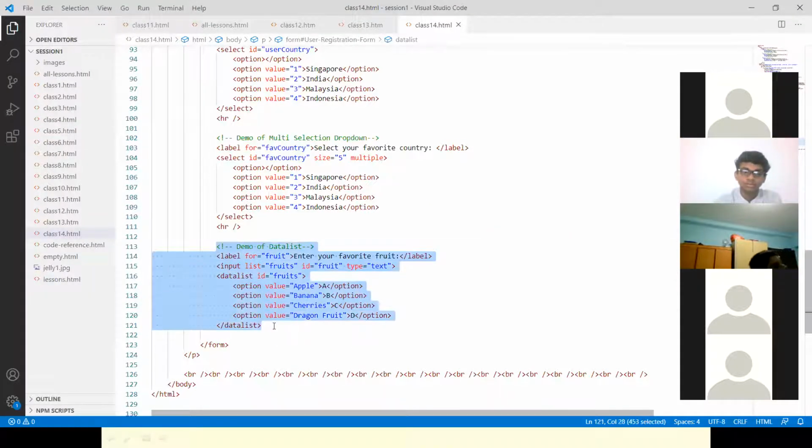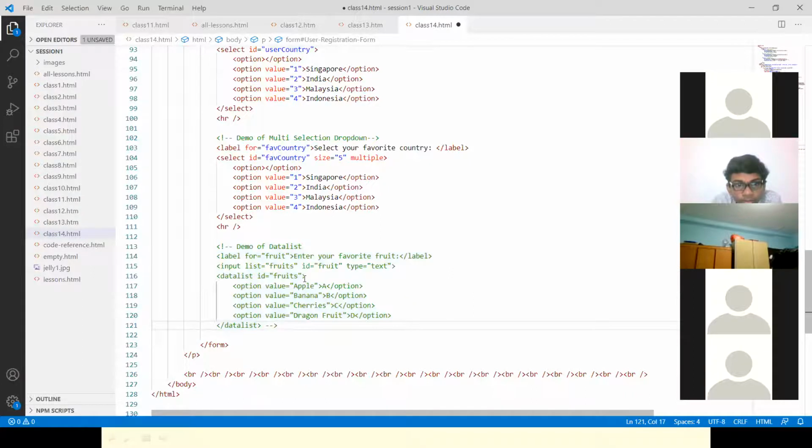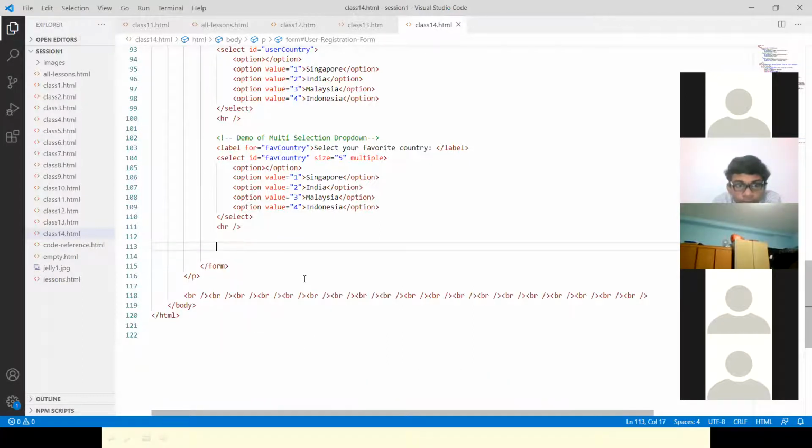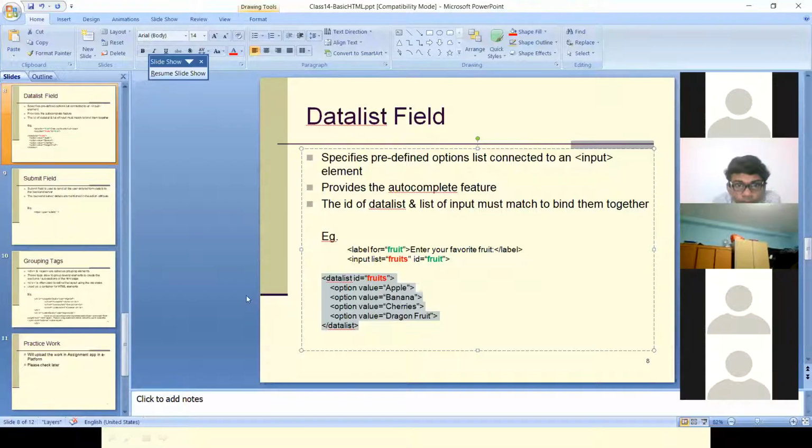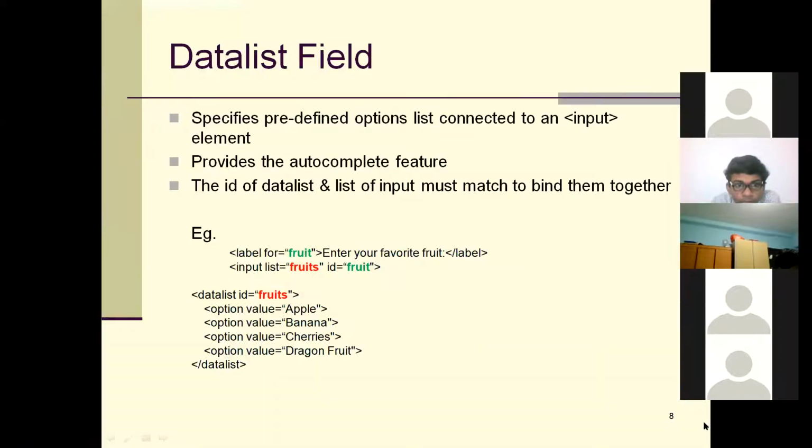This data list is not working. I'm going to figure it out and then let you all know about this, maybe in next class. I'm going to comment this part. The whole part I'm commenting it out. Better, I remove this part and then I'll try to figure out what is the issue in this. Fine. So next we'll go to the next slide.